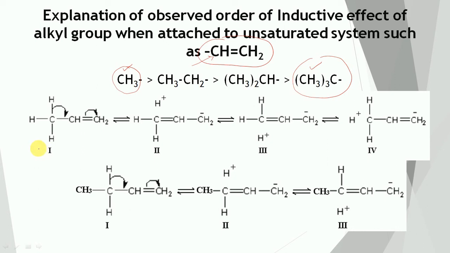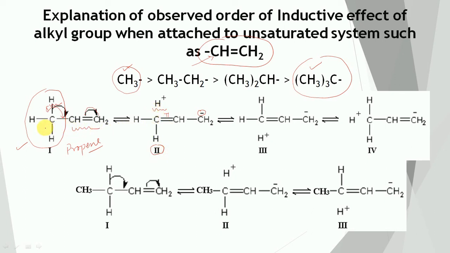So let us see this in an example. In this case, the methyl group is attached to the unsaturated system. So it is the case of propene. Now this carbon has 3 carbon-hydrogen bonds. Now this bond is going to break, and this sigma bond is going to take part in pi bond formation, and this pi bond will shift toward this side. So there is no bond between this carbon and hydrogen. This fresh pi bond will appear, and a negative charge comes on this carbon. So this structure will get formed.